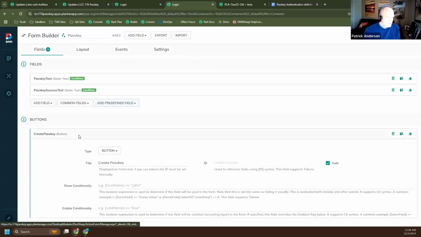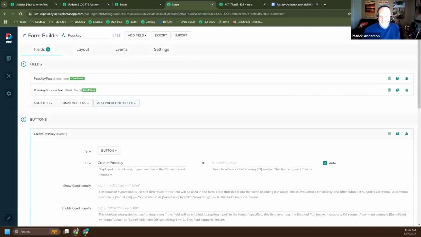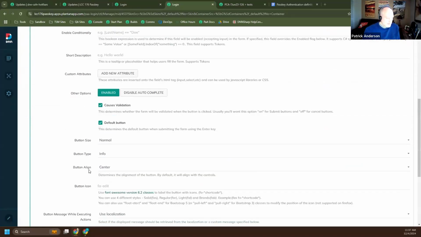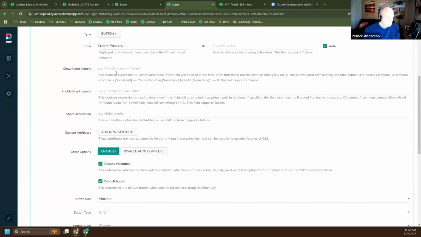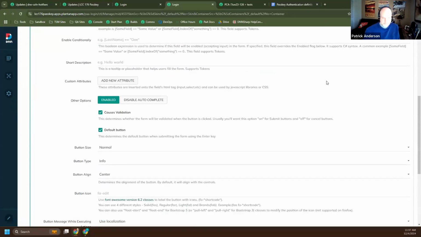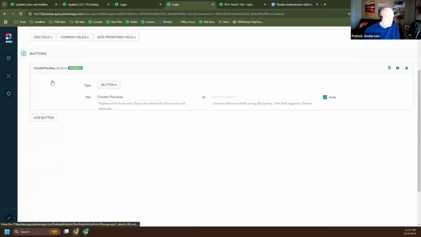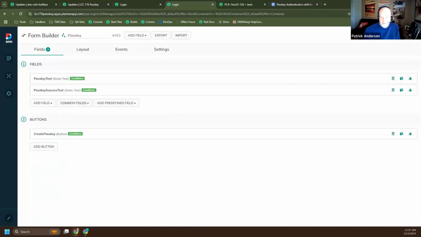And I'm going to go to my create passkey button. The condition is going to be looking at that same token that I mentioned earlier. We're going to only show the create passkey button when passkey create does not equal success. So that's when we're going to show that. And then while I'm here, I'll go ahead and create a couple other buttons that are going to add some